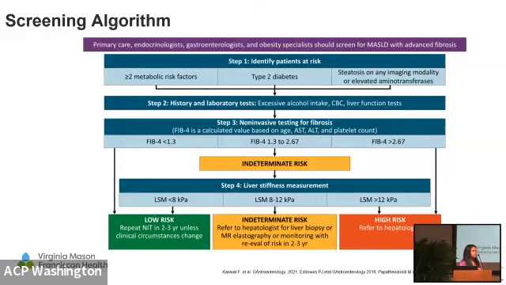So we usually use the FibroScan in our clinics, and again, if the FibroScan is at a low level, those can go back to the primary care doctors, and we have them just reassess in 2 years. Those with FibroScan levels over 12 have cirrhosis, and we follow them. But again, there are some people who are going to fall in the middle. And here we use the third line, which is either MR elastography or a liver biopsy,